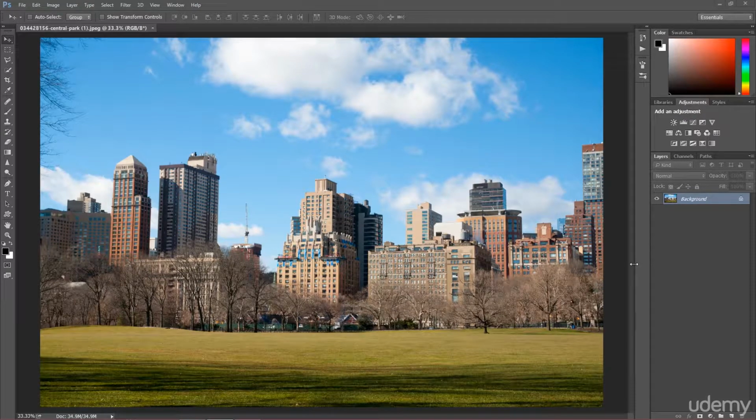Welcome to another section. In this section we're going to talk about layers, and you've probably heard tons of things about layers, because everyone who does Photoshop talks about them. So what's the big deal about layers? Why does everyone talk about them, and why are they so important? Because it seems like layers are the most important part of Photoshop.